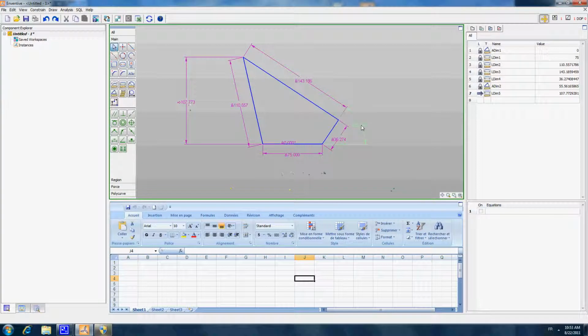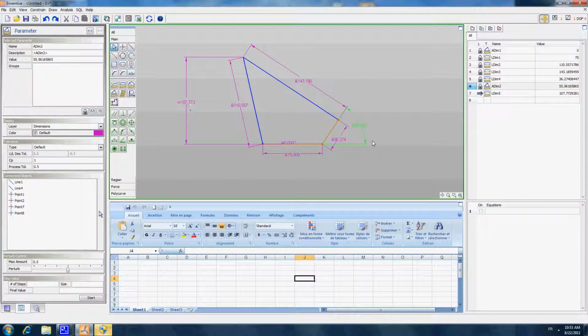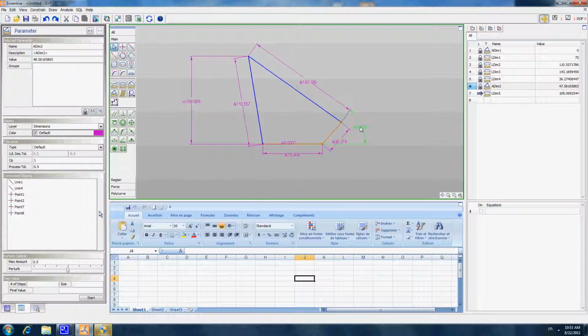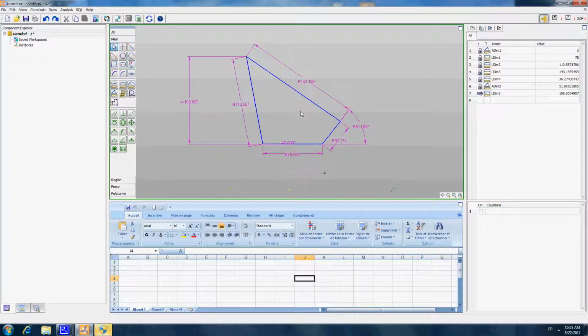So of course, if we change any parameter in the model, so if I change any input parameter, for example this angle, you can see that when we rotate the angle, the only dimension that is changing is the one that is deduced. All the locked input parameters are staying the same. Okay, so it's also possible to change the way the model is constrained. It's very important in functional design because it allows to test quickly some different dimensioning scenarios.